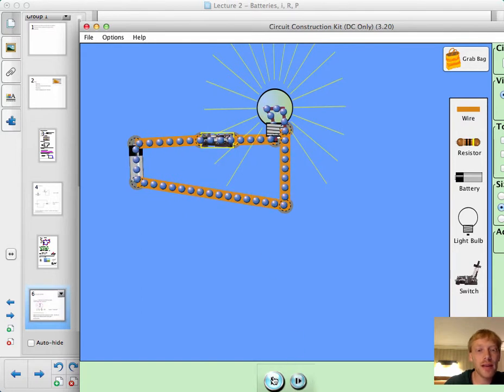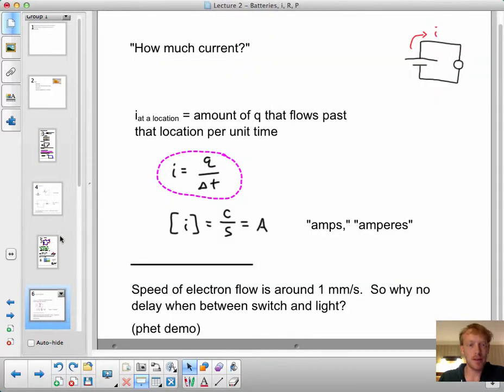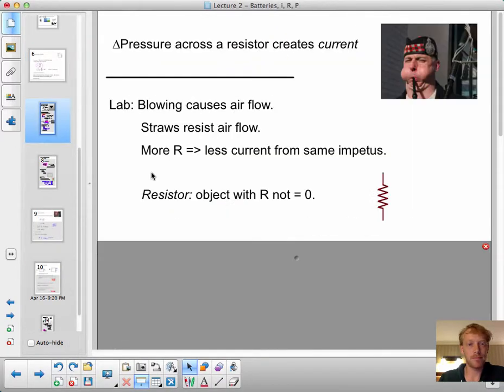There was no delay because this wire was already full of electrons. So when this electron over here, right at the switch, started moving, it pushed all of the electrons and it went through the light. Okay, great. So